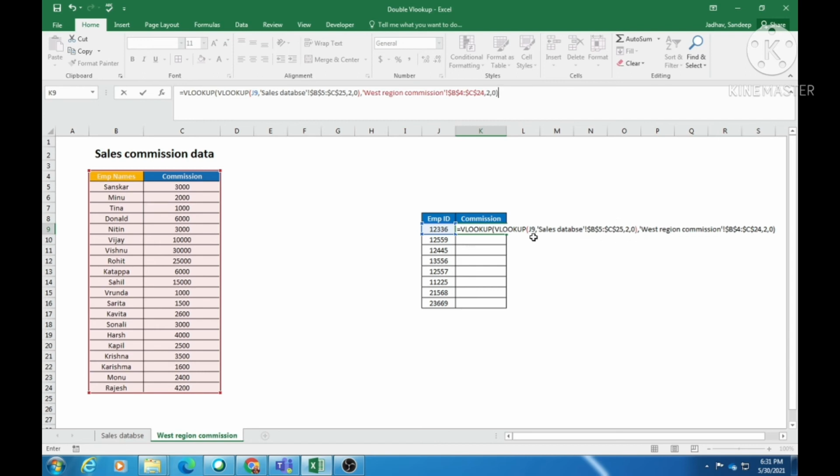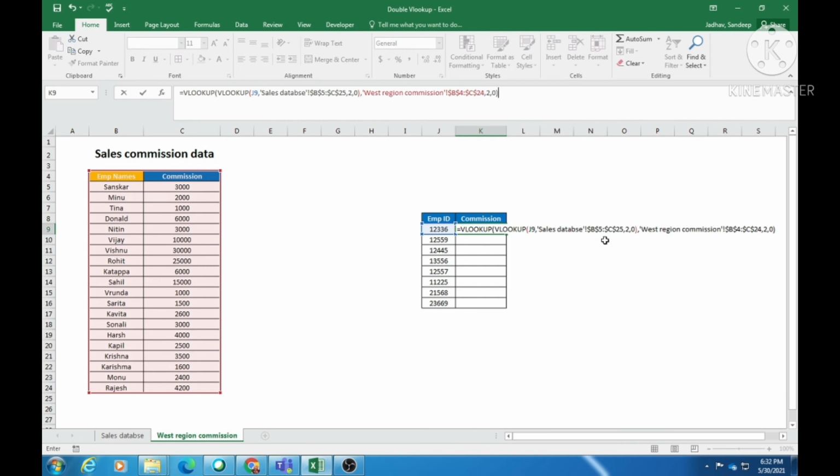So we took this employee ID as a lookup value to extract the employee name. Then the table array, which was the sales data in the different database, and we locked it, and column index number was 2 to extract the employee name, comma 0, and completed that particular VLOOKUP formula, this one, that will extract the employee name for this employee ID.